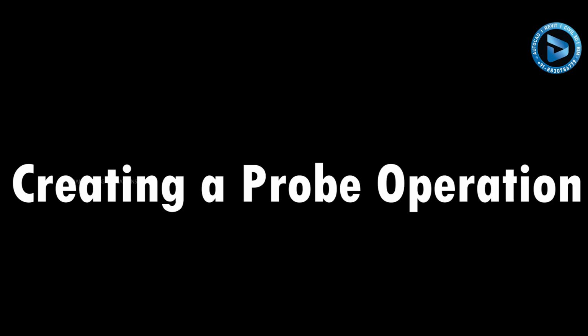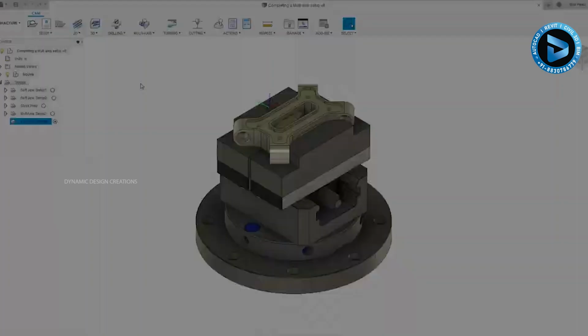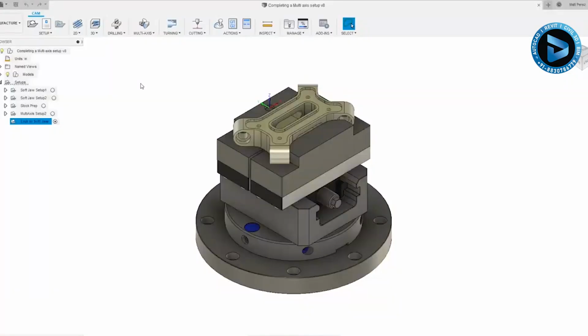In this lesson, we'll be creating a probe operation. After completing this lesson, you'll be able to create a probe operation and use probe to modify a G55 coordinate system location. Let's carry on with the file from our previous example, and let's talk about creating probe operations and